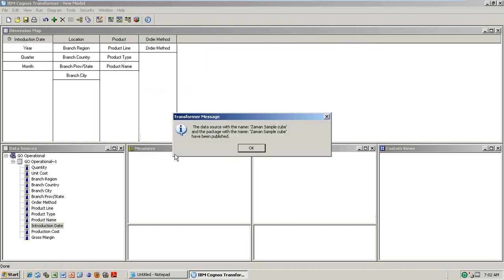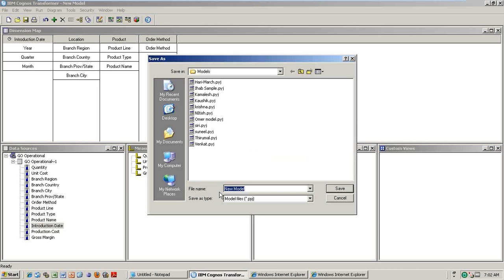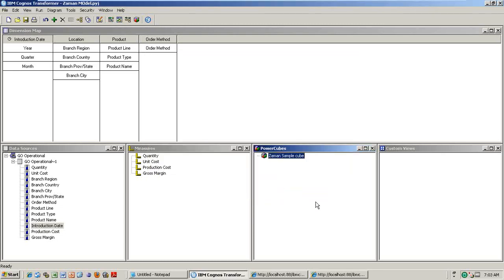But the thing is, it will be very quick because the cube is already built. So now try to open it and save this also. Now try to open our Cognos connection. This model also you save, the Jaman model. The model is PYJ; PYJ is the extension of the transformer model.